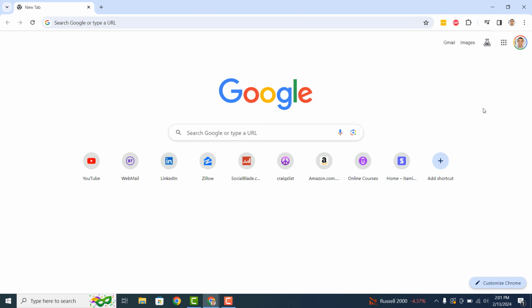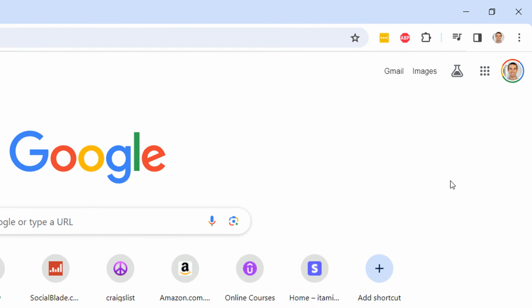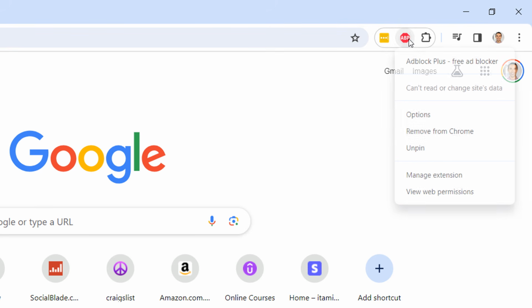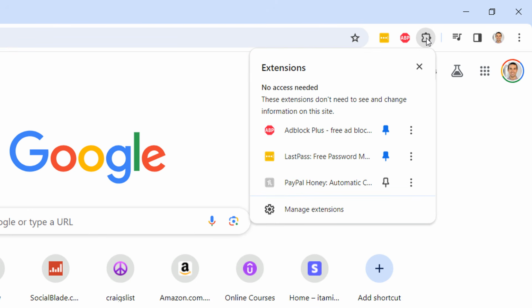Google Chrome. To get started, open up Google Chrome, and in the top right of the browser you should see the AdBlocker extension. To remove it, you can right-click on it and select the Remove from Chrome option, and this will remove AdBlocker. In the case where you can't see the AdBlocker extension, you can click on the puzzle icon